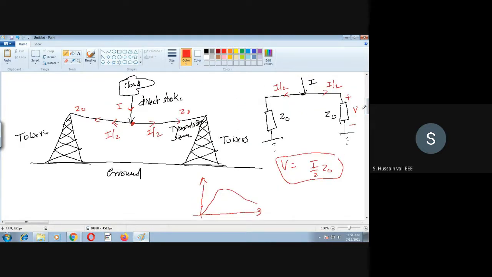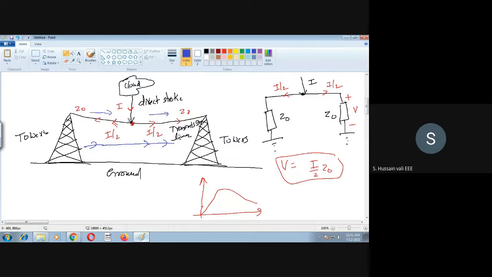But one thing you must understand, one very important thing is that before the lightning strike, what is the direction of the current? Let me take this is the direction of the current, because what is the purpose of this transmission line? The purpose of the transmission line is to allow this current through the lines. So assume that this is the direction of the current which is flowing through the lines. So it means before this lightning, this is the direction of the current, whereas this is in the same direction.